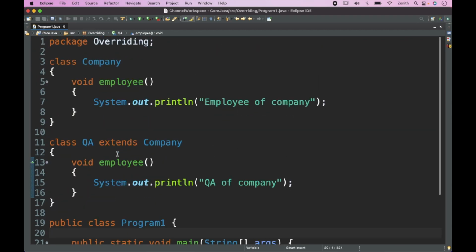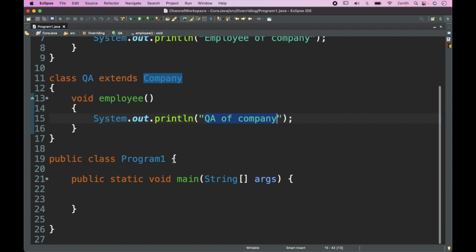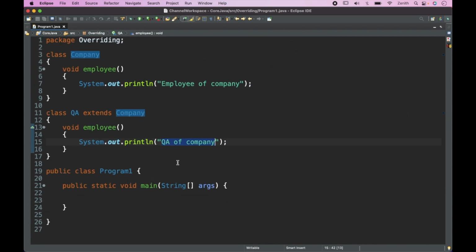So this is the Company class, which contains one method, employee, and it says "employee of company." Then we have one QA class which extends Company, and it also has the same method, employee. There is no difference in the declaration, everything is identical. Only the statements "QA of company" and "employee of company" are different. Now if I want to execute this, I will create, first of all, what we have done normally,